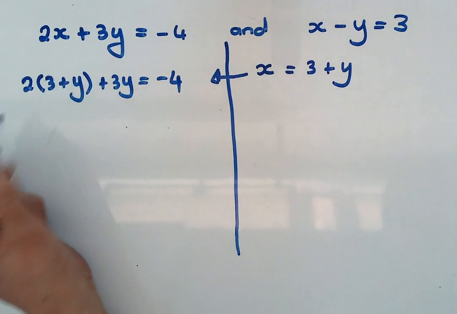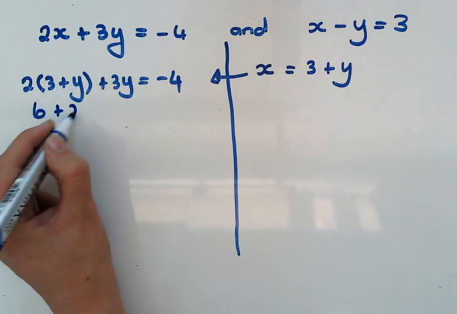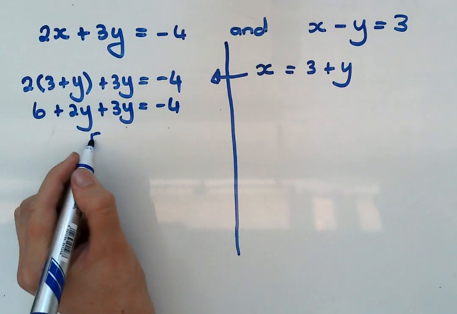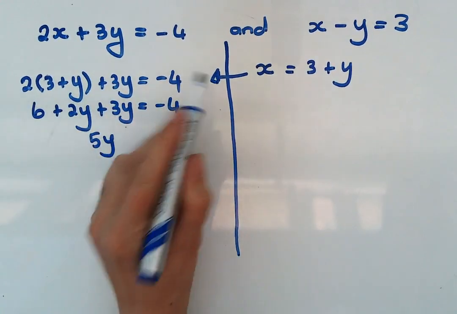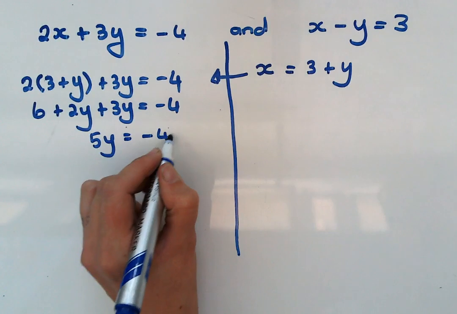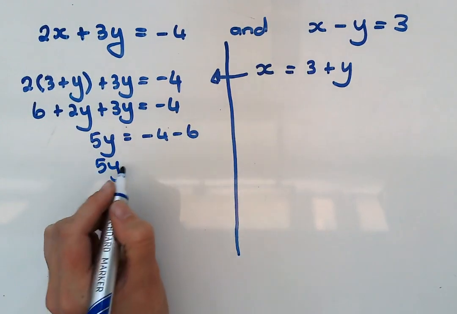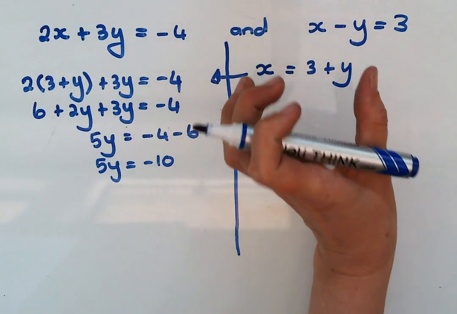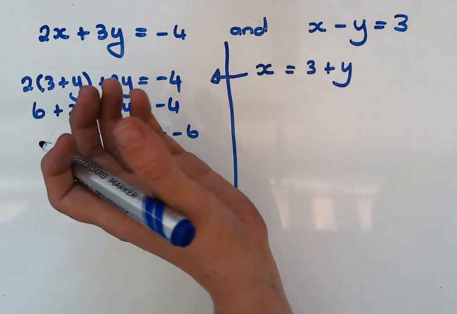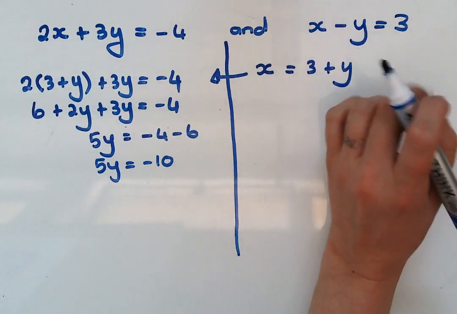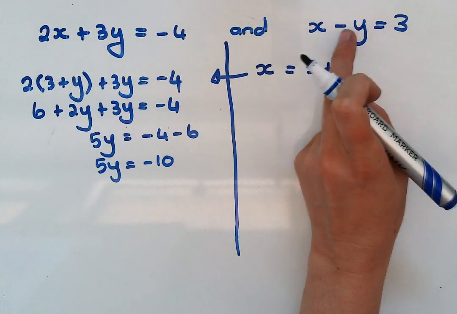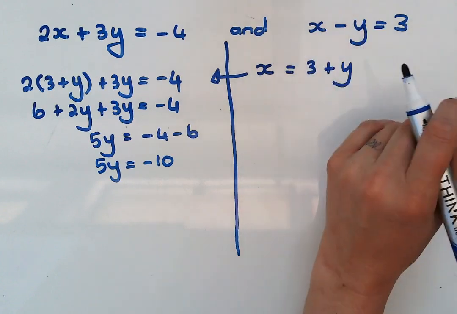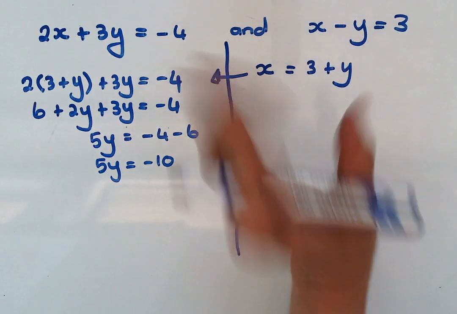And that I'm just going to now solve. I'm first going to multiply in that bracket, which is hopefully something that you're very comfortable with. And then 2y plus 3y is 5y, like terms, and transpose the 6 to the other side. It's minus 4 minus 6. So 5y is negative 10. I'm just going to solve this however you do that, as long as you get the x or the y alone on either side. I started this side and I got the x alone, because to get the y alone, there's a negative in front. I'd have to jump the x, but then I'd also have to divide with a negative, and that's not as easy as just jumping the y so that the x is alone.